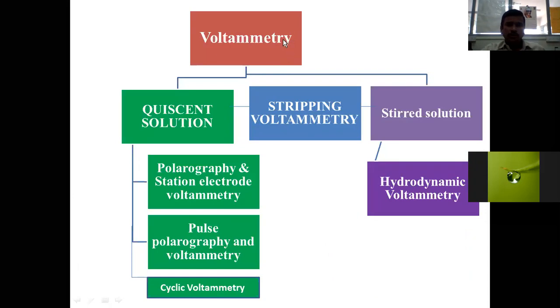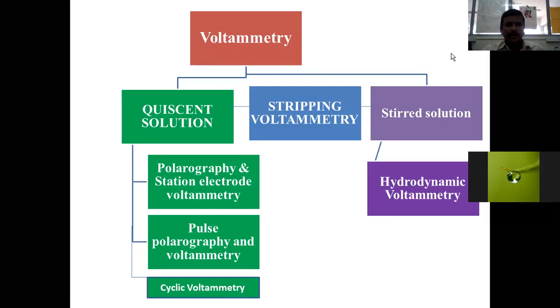So I told you about controlled potential or variable potential analysis. The variable potential analysis principle is utilized for voltammetry. Voltammetry is an electroanalytical technique in which, as a consequence of the variation of the voltage, the generation of the current is recorded. The amount of current generated is recorded after each and every variation of the voltage. That is called voltammetry.